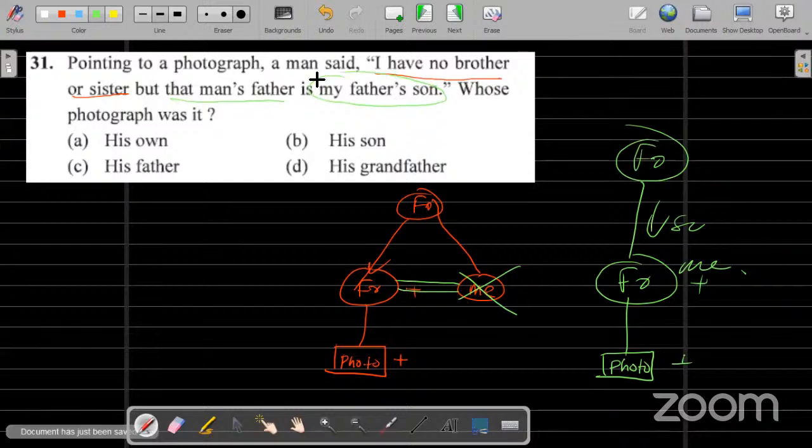My father's son can be replaced with me. That man's father is me. Okay. So we may